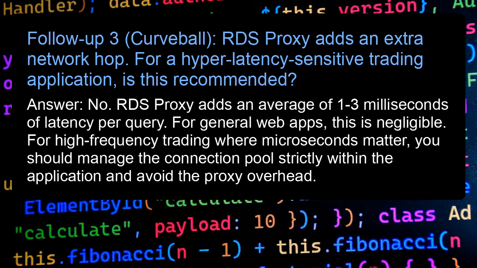Follow-up 3 Curveball. RDS Proxy adds an extra network hop. For a hyper latency-sensitive trading application, is this recommended? Answer: no. RDS Proxy adds an average of 1 to 3 milliseconds of latency per query. For general web apps, this is negligible. For high-frequency trading where microseconds matter, you should manage the connection pool strictly within the application and avoid the proxy